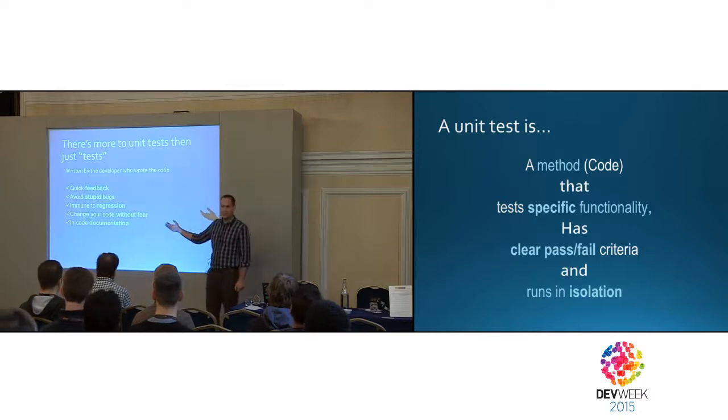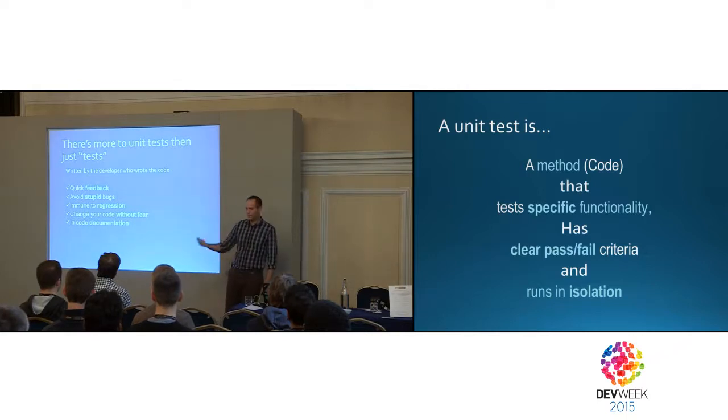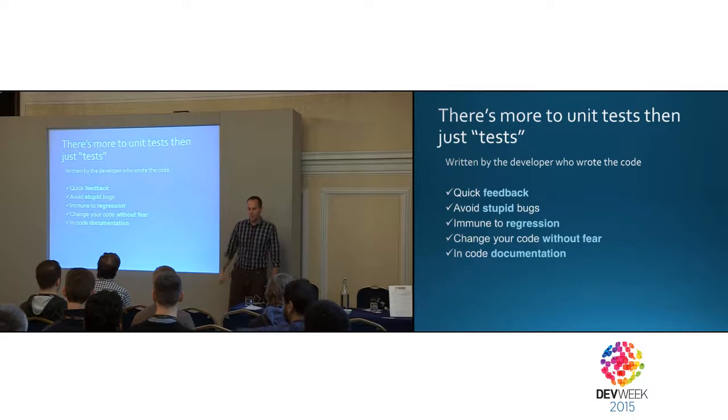Obviously, immune to regression, which is what people always think about when they write unit tests. If I write a unit test, and I have a bug that will cause the test to fail, I'll find out as quickly as possible when the bug enters my system. If I have a few unit tests, I can probably confidently change that code without breaking anything. Or if I do break something, I'll know about it as soon as I break it, as soon as I run my test.